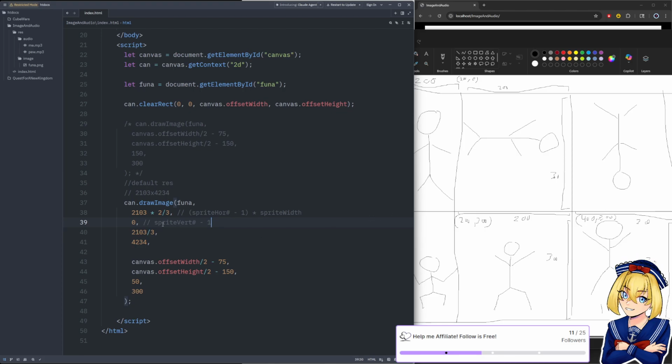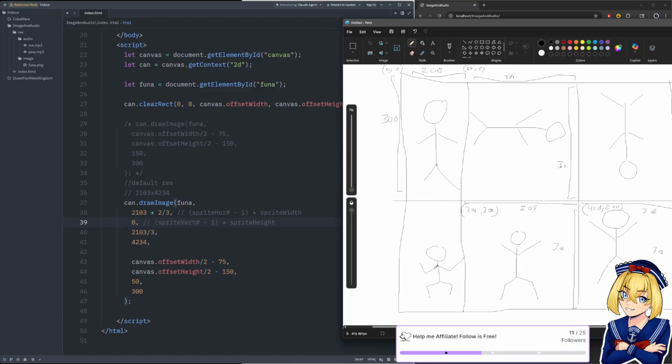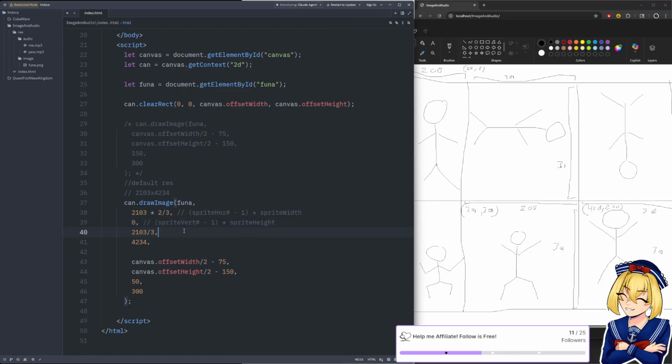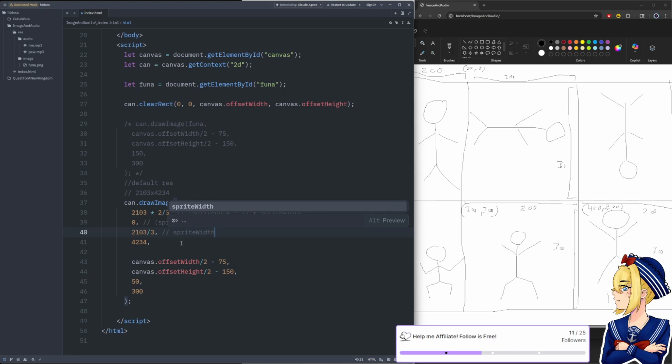For the vertical position, I believe it's basically the same math, but it would be times your sprite height. So whichever one you want vertically, minus 1 times the height of your sprites. And then this is just simply your sprite height, or sprite width, sorry.